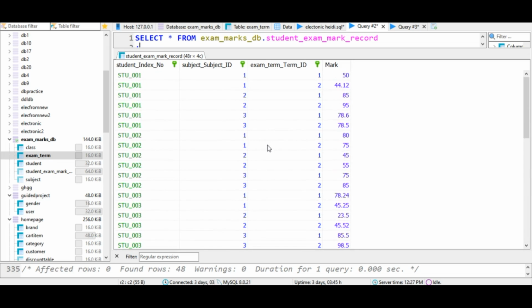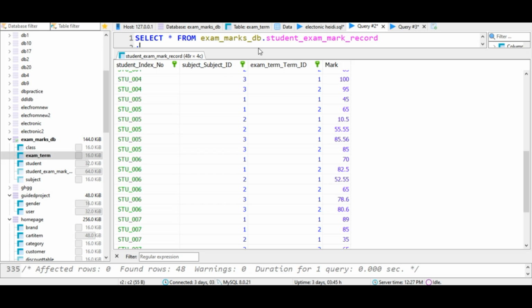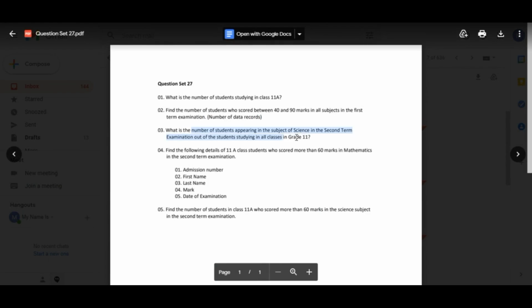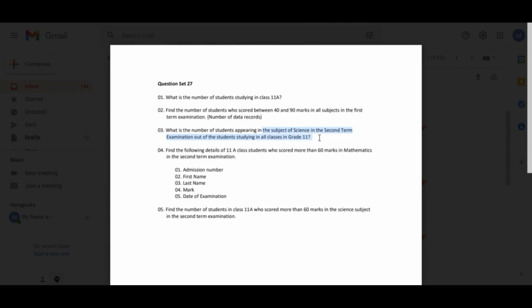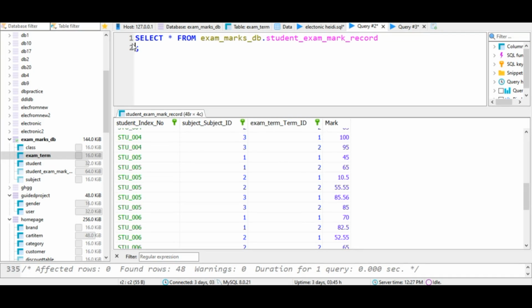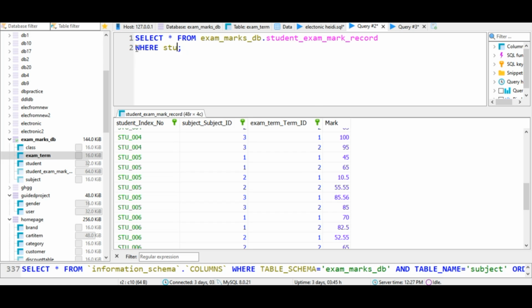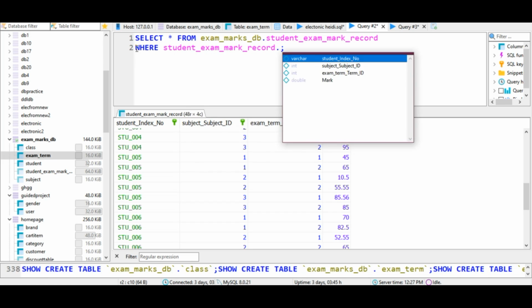So this is for the student exam mark record table, and now the conditions, we have to check the condition, the subject, science subject. So therefore we have to use the subject name. So if I say where student exam mark record table subject,